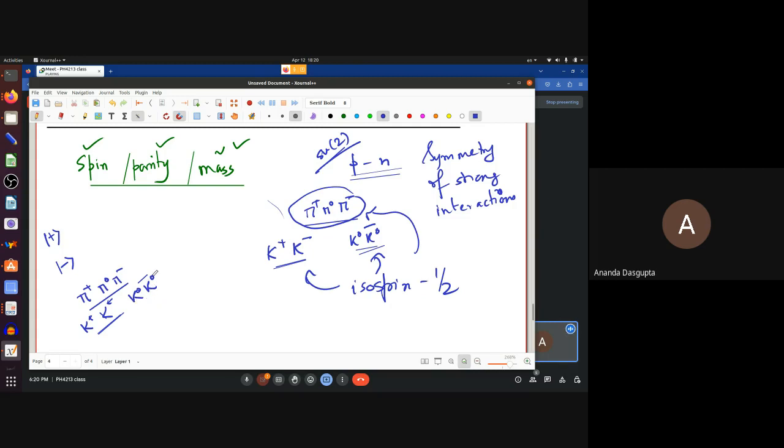K0 and K0 bar are electrically neutral, but they're antiparticles. These are very close to each other, these are very close to each other, but if you take all of them together, even these are not too far away from being very close to each other. Okay? They are distinct, not as close to each other as pi plus, pi 0, pi minus are, but a pion kaon system, even there, if you stretch it a bit, you would think that, okay, there may be a symmetry which actually changes pions to kaons,